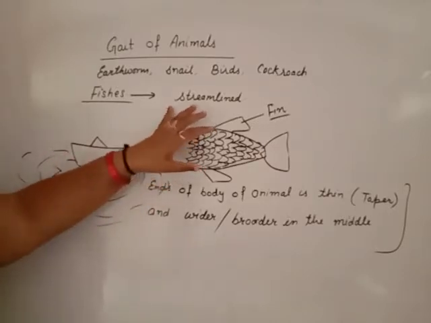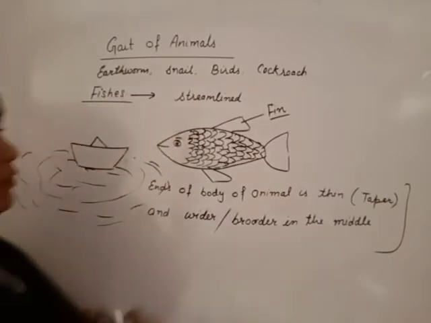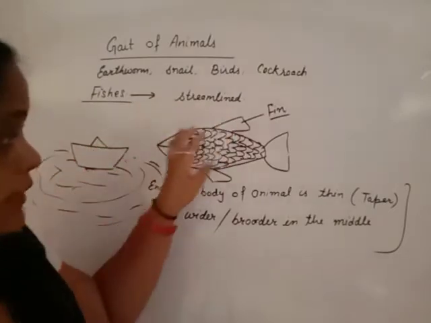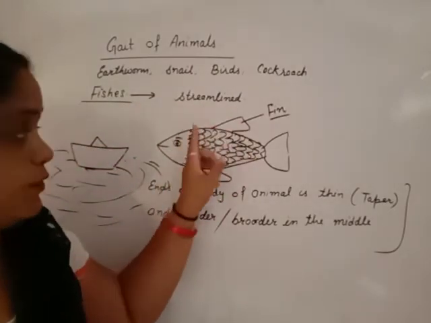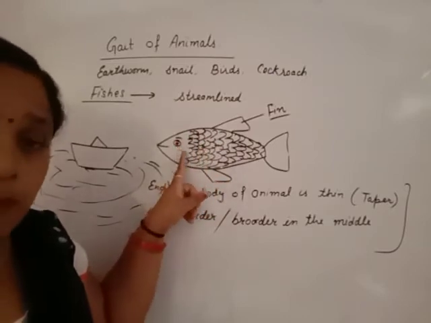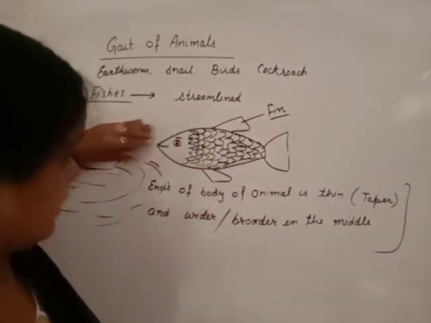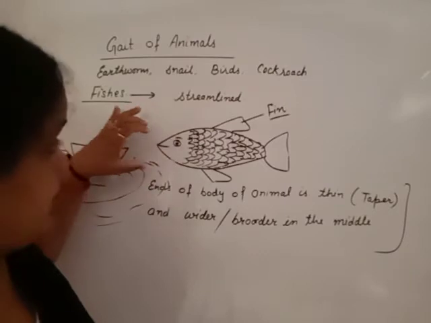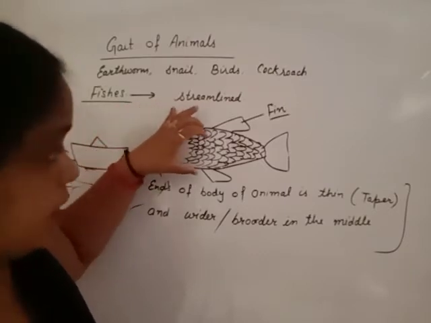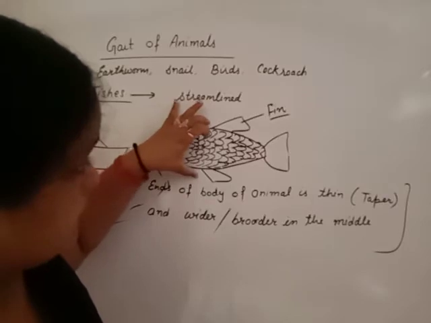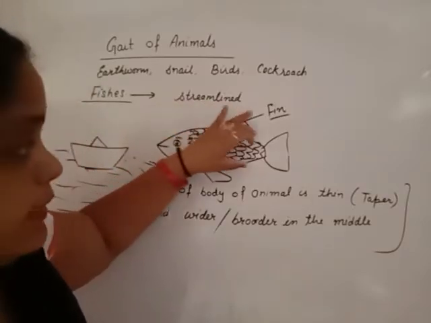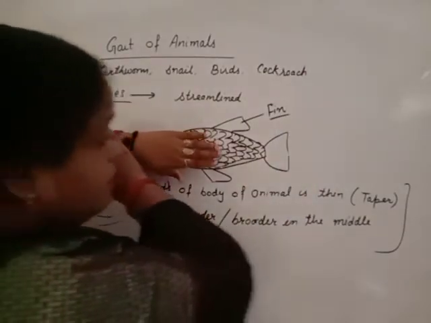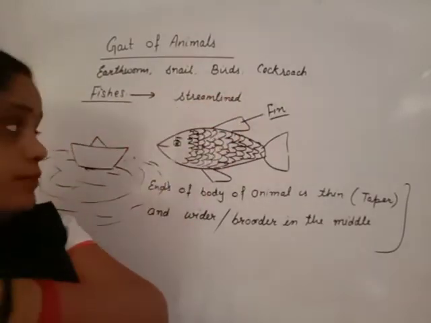In the same way, water comes from this side or from this side. Clear? These hard muscles present on the body or skeleton of the fish help movement when water comes from the tapered end. They help the head part move to the front side, and then the water at the middle part will be at normal speed and then move quickly. If it is flat, water will come and the fish will move in the backward direction.